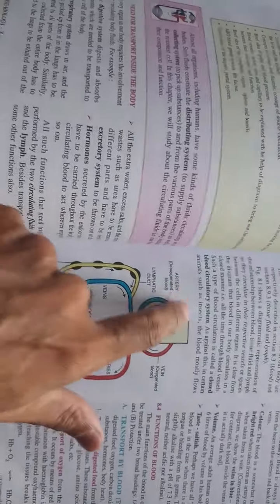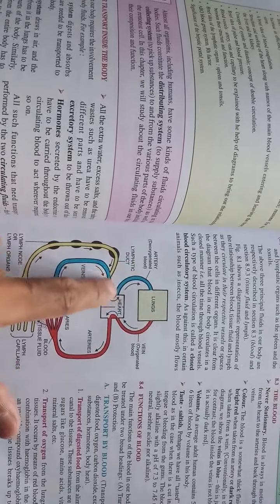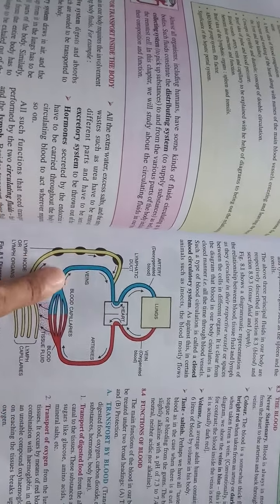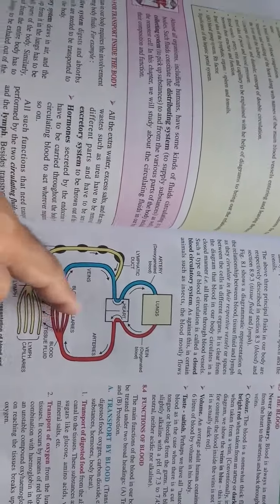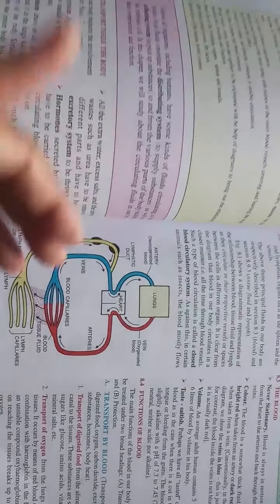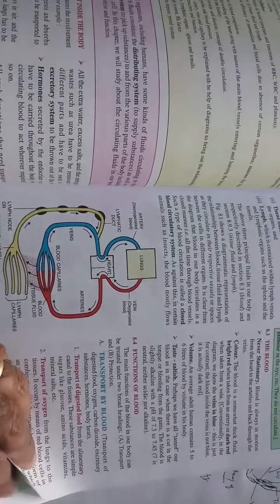So this is called closed system because it is not open at all anywhere. Whereas in the other insects you may find open system. So they release the blood from the heart. It comes at one particular place and then there are open endings. It's not like this, but they have open endings. That blood enters the body and then enters back to the vein. So it's an open system. But in our human body, we have closed circulatory system, right?